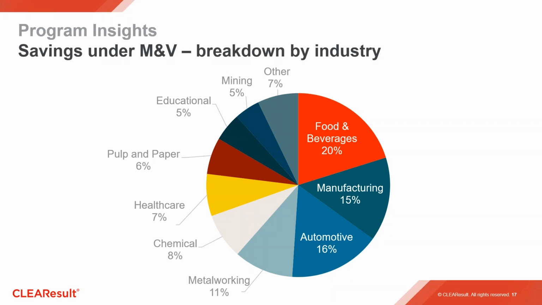Based on more than 6 years of MMV reporting period data for the IESO's PSU incentive program in Ontario, interesting data can be observed. The MMV data here shows that ECMs are being implemented at a variety of facilities across various industries. Large savings are observed in the food and beverages, manufacturing, and automotive sectors. The savings comprise contracted savings values for projects that are either currently under MMV or have finished their MMV reporting period.